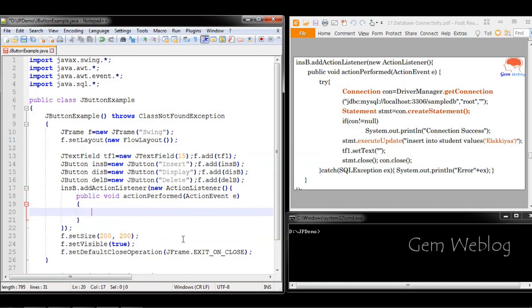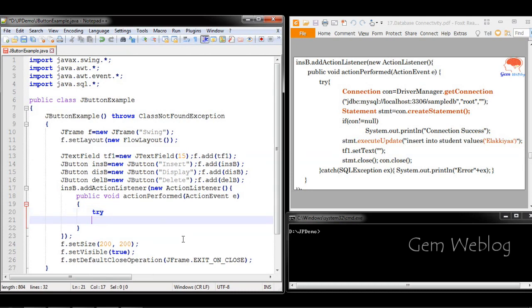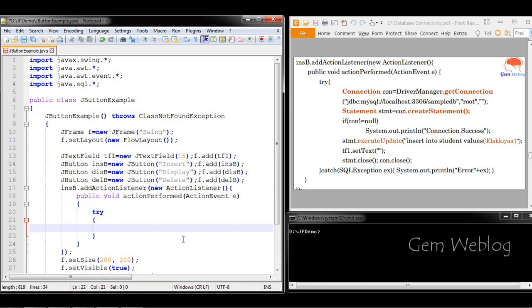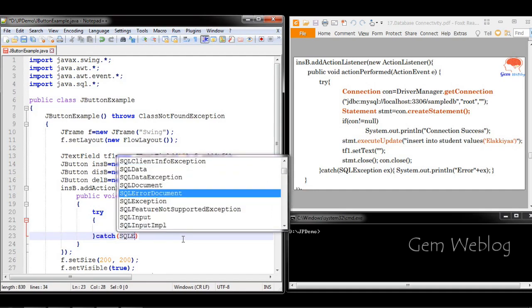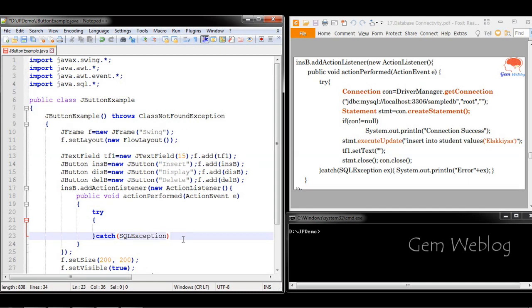Now inside the action performed method, we are going to write the code to insert into the database. For this, you have to write the code inside a try catch. First we will define the try catch. SQL exception EX.